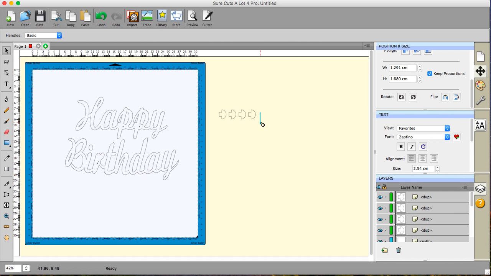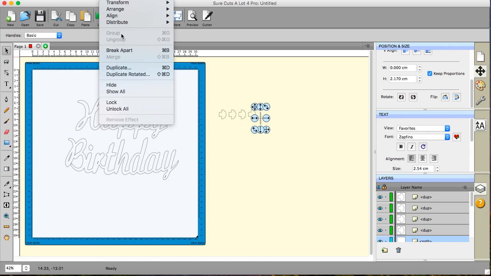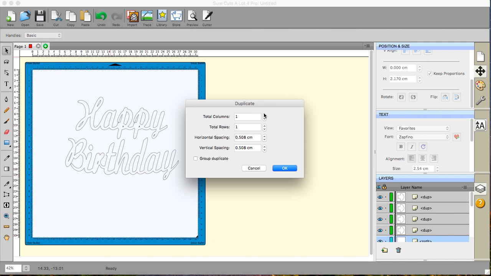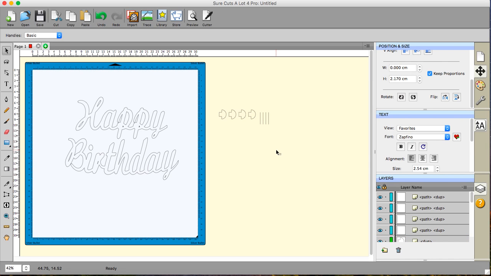And I'm going to select my line, and go to Object, Duplicate, and I want 4 of those as well. Sometimes, if you're doing something other than lettering, you might want more than 4, but for this particular instance, 4 is okay. So I'm going to put that on my letters, and in order to do it properly I really need to zoom in, so I'm just going to put them roughly in place. These two I'm going to put the other way around. I'm going to put them over here,